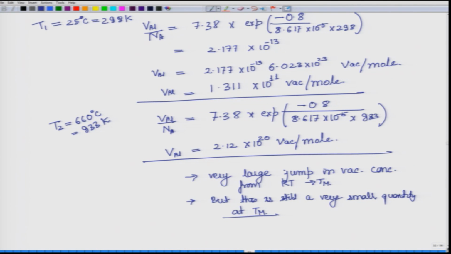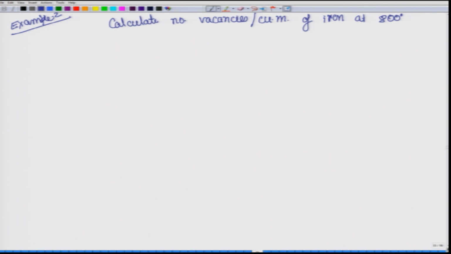So, this is example 1. Now, a similar type of example can be given to you in a different form. For example, you may be asked to calculate the number of vacancies per cubic meter. So, the question is similar, but it is given in a little different form: per cubic meter of iron at some temperature, let us say 800 degrees Celsius. Delta Hv is equal to 1.08 electron volt per atom,